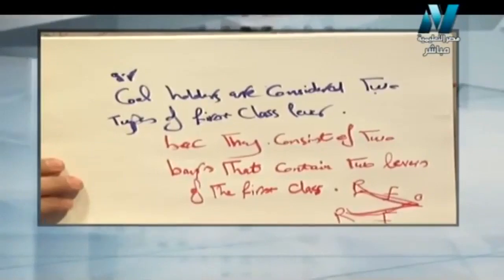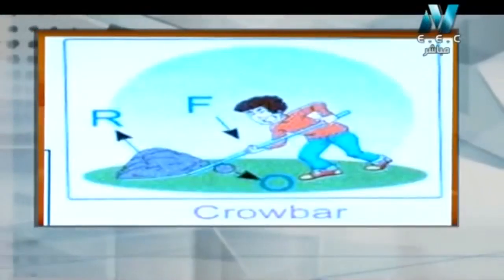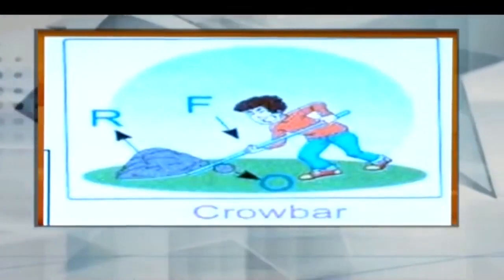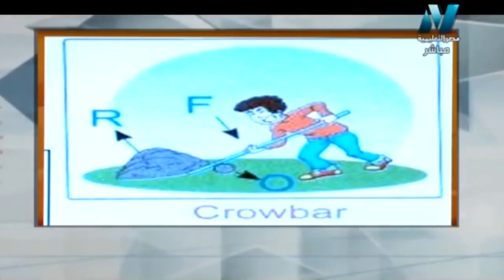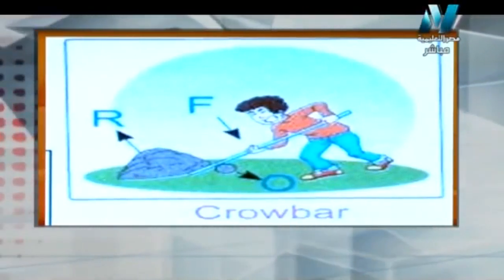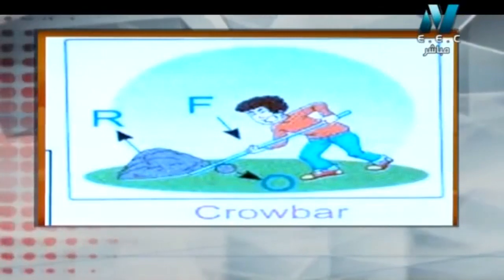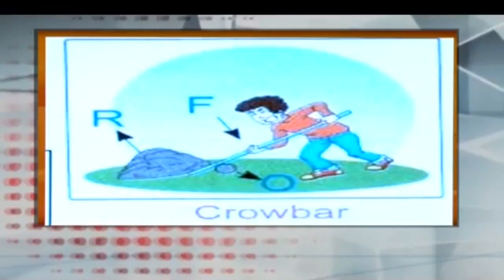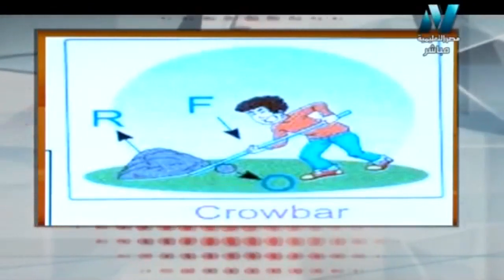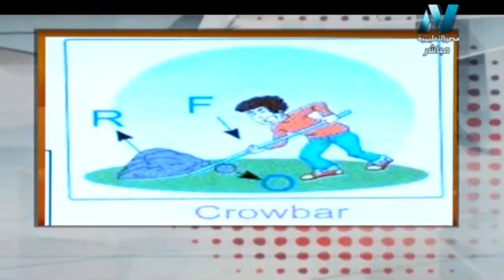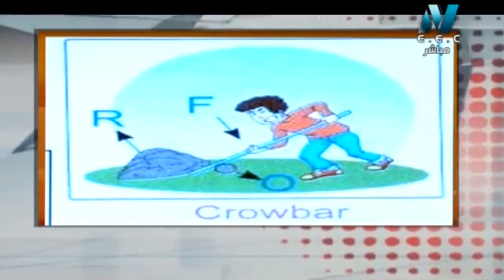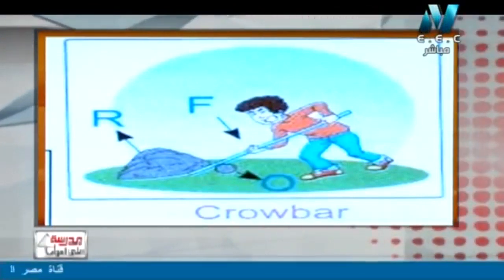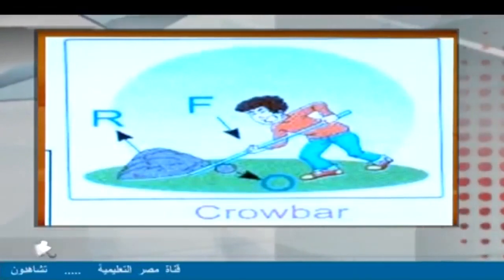Another example, the crowbar, the one we mentioned at the beginning of the episode. The crowbar is considered as a first class lever. Why? Let's see together. Because it has O. The place of movement here is roughly this small stone, which we consider the fulcrum between effort force and resistance force. So the crowbar is considered as the first class lever, or the first type of lever, because it has O between F and R. O, the fulcrum, is the one between the F and the R.